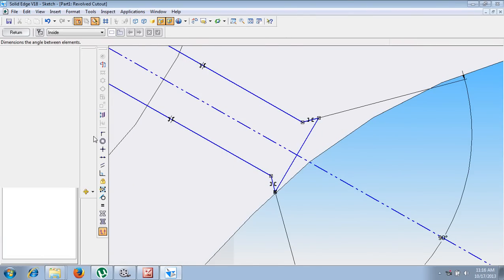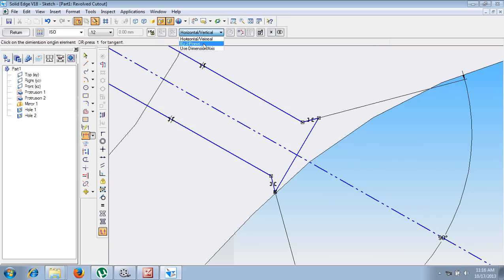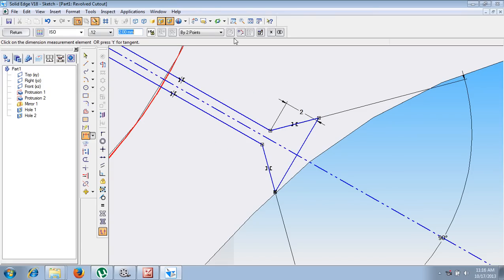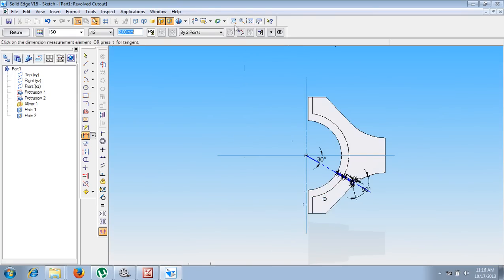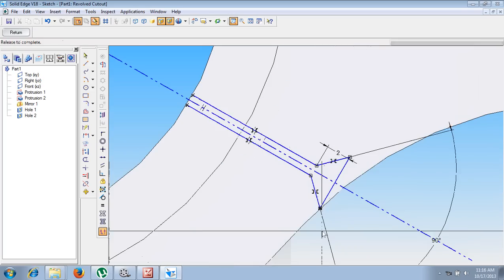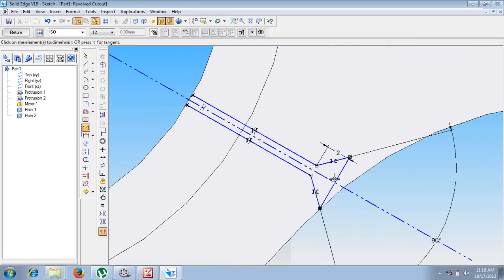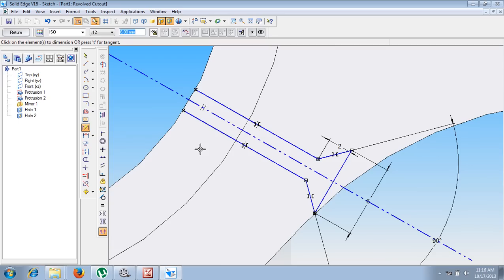Now using the distance between command by 2 points, the distance between here to here, let us assume it as 2 or 3 mm. So let me give somewhat 2 mm. Then in the same fashion we have to give some other dimensions also, that is the length of this one is supposed to be given as 6 millimeter. In the same fashion from here to here, use distance between command, the distance between these two lines must be 3 millimeter.